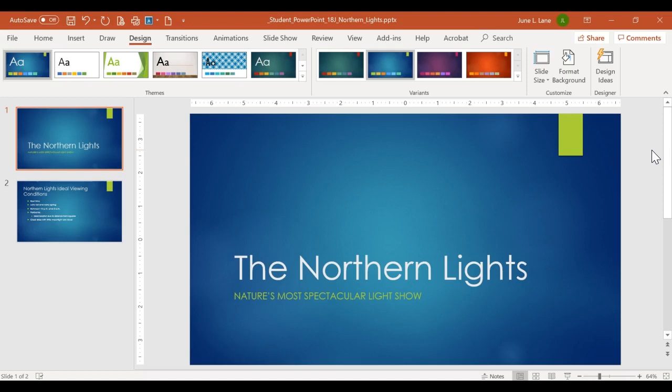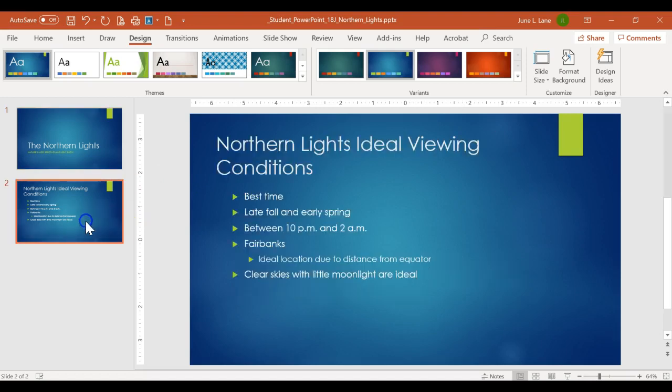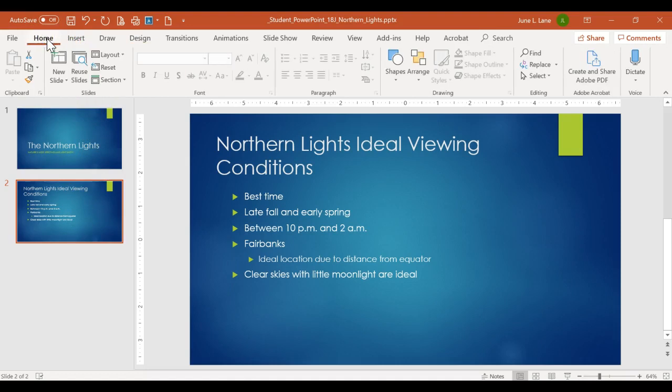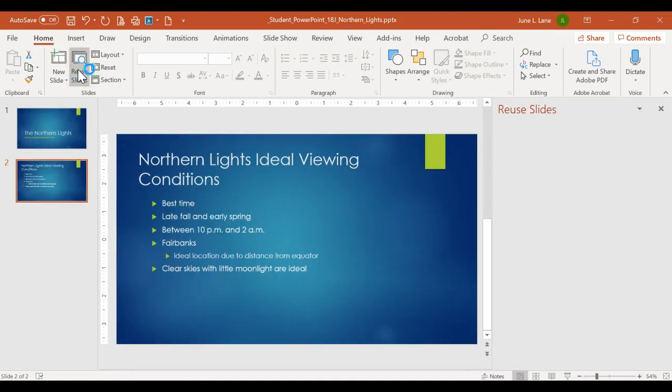Okay, so we can now move on to step number 5. So we want to make slide number 2 the active slide, and we want to reuse slides that we had from another presentation. In order to do that, we need to go back to our Home tab, and in the Slides group there is a tool called Reuse Slides. I'll go ahead and select that,